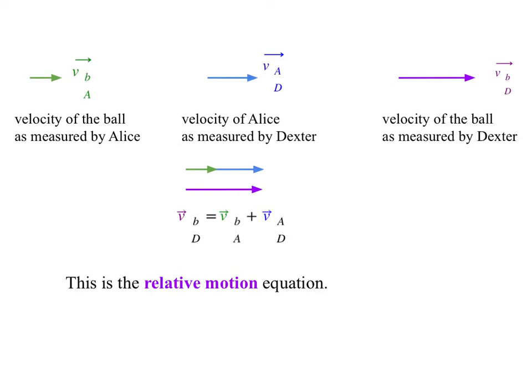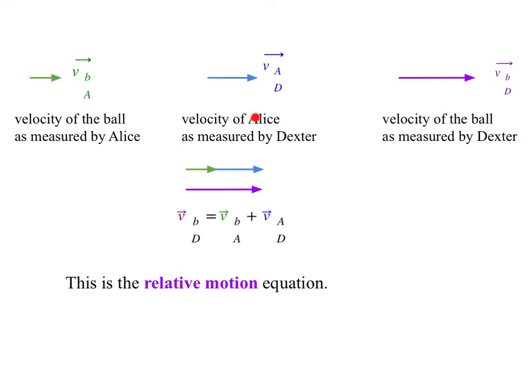And we're going to introduce some formalisms that are moderately complicated. We still have vector stuff, obviously, and we're going to have the velocity of the ball as measured by Alice. I've been using this notation, but we'll formalize it here. The upper subscript is what you're measuring, and the lower subscript is who's measuring it. And we see that Alice says that there's something going 20 to the right.